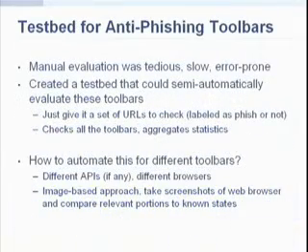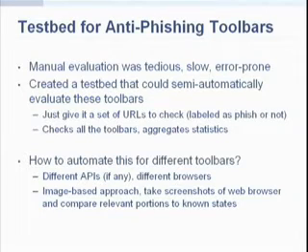OK, so again, the reason for creating an automated test bed is that the manual evaluation was very tedious and slow. So the idea was, can we just create a test bed and give it a set of URLs, where we already know beforehand whether they're phish or not, and then the test bed would just run off, evaluate all the different toolbars, and come up with statistics at the end. So one question is, how do we automate this for different toolbars? Because a lot of the APIs are not open for these toolbars. And they're also running on different web browsers.